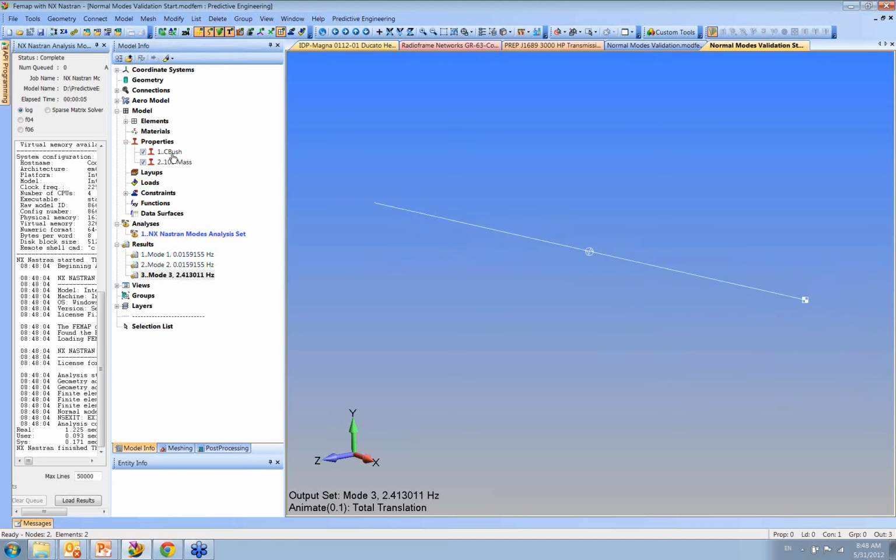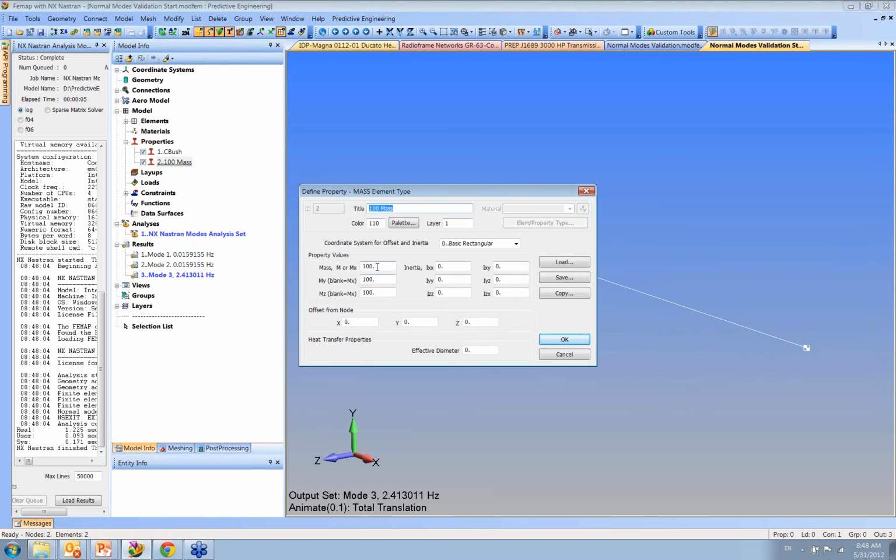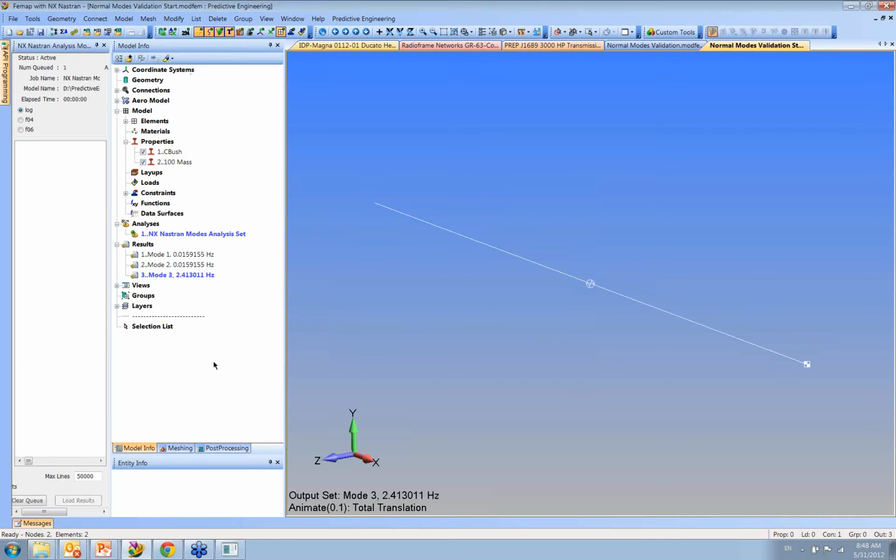And the reason it is only 3 modes is that the mass is only defined in, you think of it as, the 3 displacement directions. There's no mass associated with rotational degrees of freedom, which are the IXX, IYY. So if you were to fill these in and actually give it some mass in that direction, I'm just making this up, then you rerun it, you're going to come back with 6 modes.